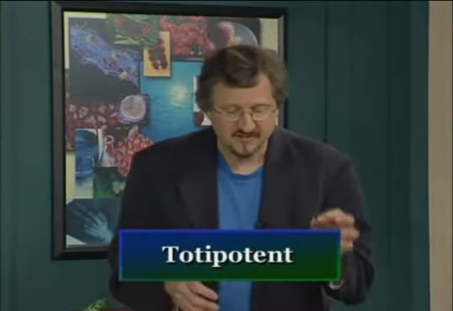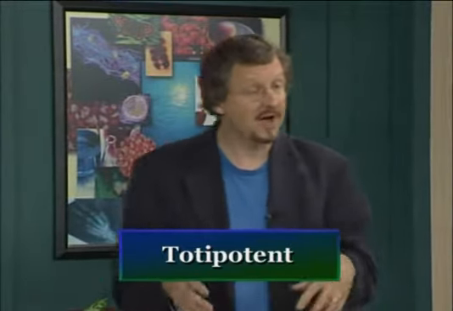A fertilized egg, or zygote, is said to be totipotent. This term simply means that it has the full potential to give rise to the entire organism, including all of the different cell types and structures. But the potential of individual cells to specify an entire organism generally diminishes as development proceeds. That is, totipotency is lost.